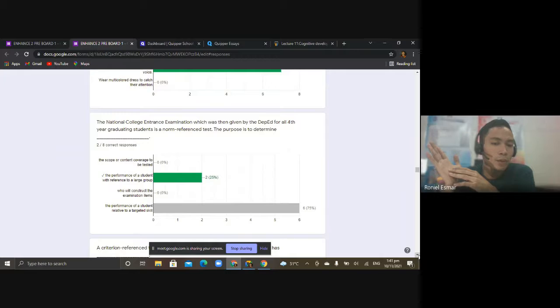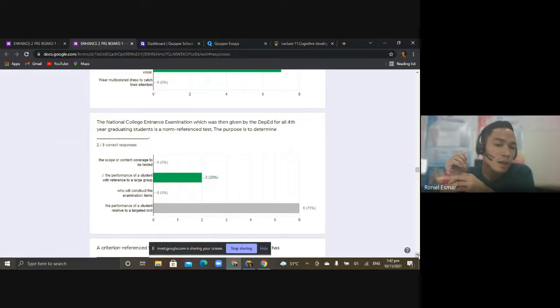For number 4, the performance of a student relative to a targeted skill. Daghan majority sa inyo gi-answer ang letter D. Kaning letter D, or the performance of a student relative to a targeted skill, actually refers to criterion reference test wherein na siya specific nga standard or target score nga kailangan nilang i-reach, ilahang targeton nga maabot nila or malapasan. Whereas when you say norm reference test, the purpose is for the performance of a student